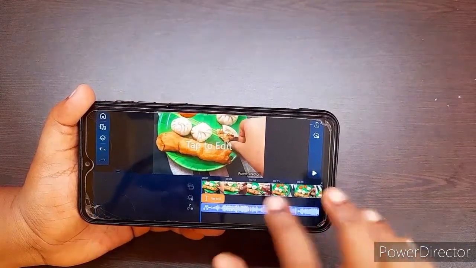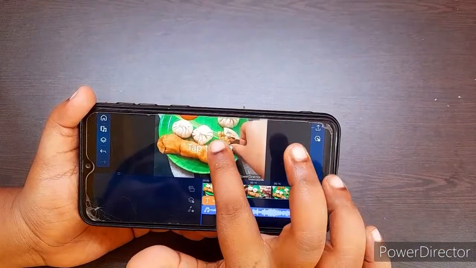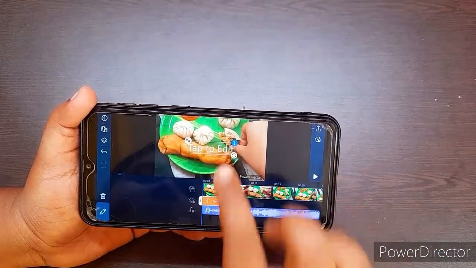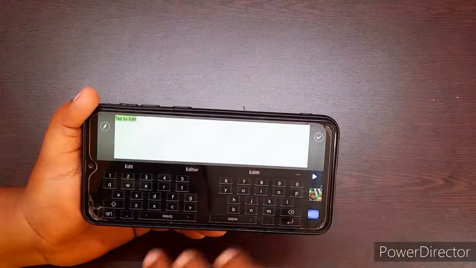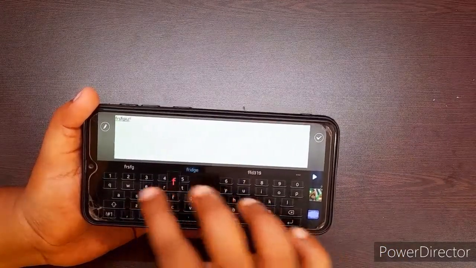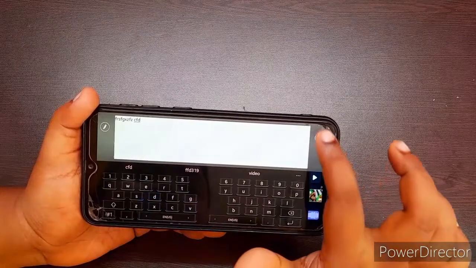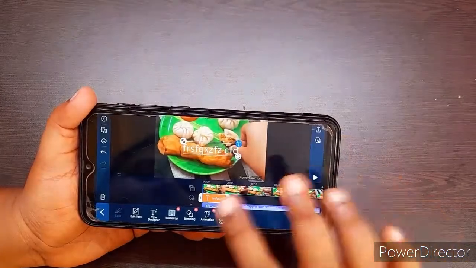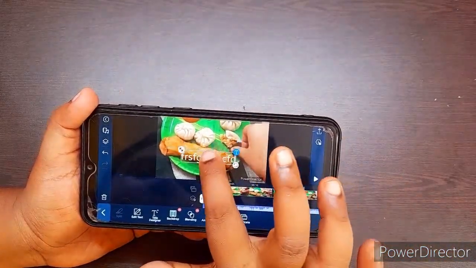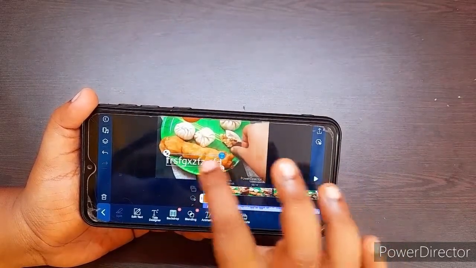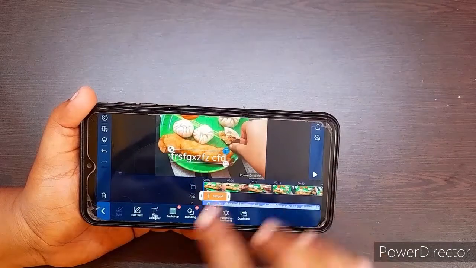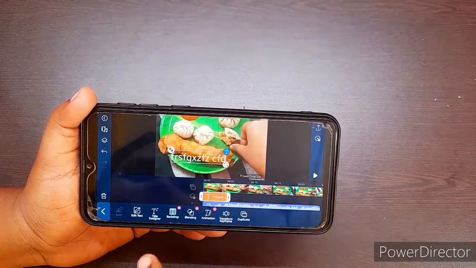So you see, this is the text. Now you have to tap on this, tap to edit. It is already written here, so just tap. Now write something, and it's done. Now you can drag and just change the position, and you can also change everything for it, like